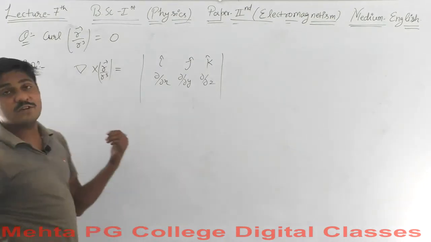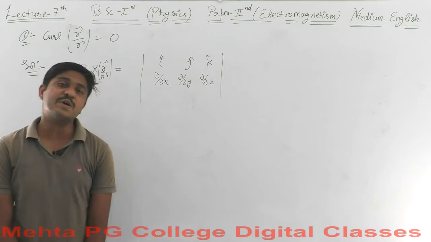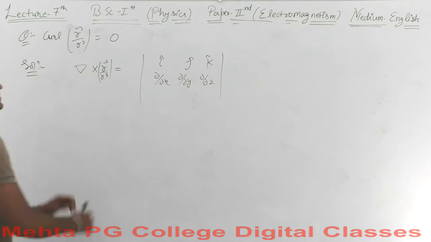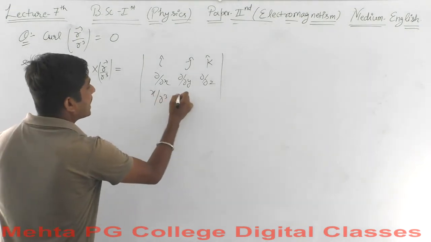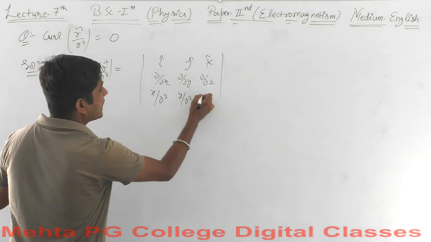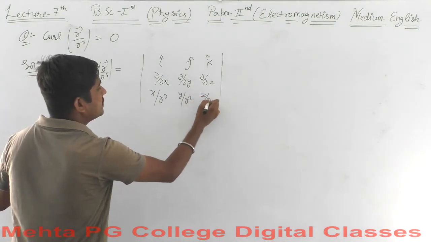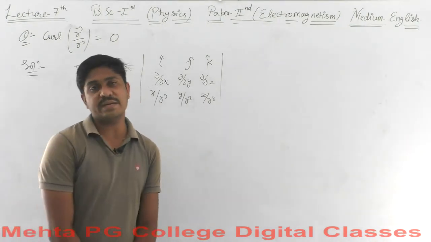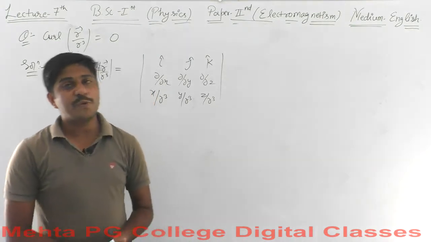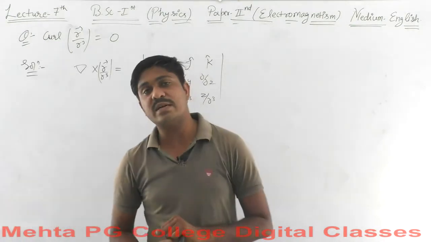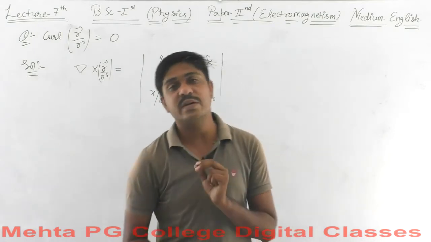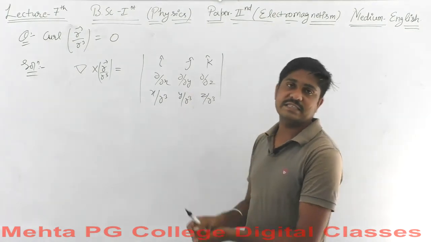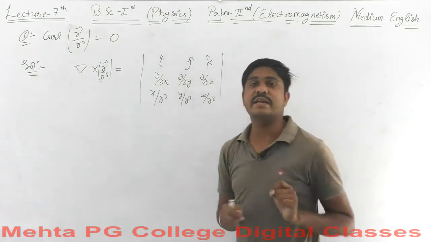And again for r vector, it certainly has components, i cap x, j cap y, and k cap z. So writing all the components here, x over r cube, y over r cube, and again z over r cube. You could take r cube outside of this derivative, but we cannot, because it is not a constant. Because r cube has all the components, the x component, the y component, the z component, and it is also considered in curly over curly x, curly over curly y, and curly over curly z. So we cannot take it outside of the determinant here.